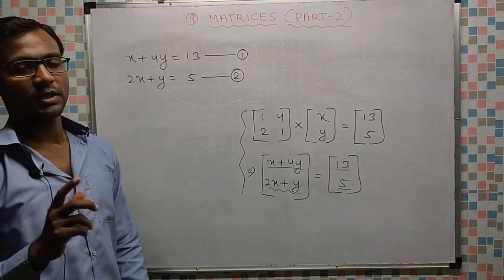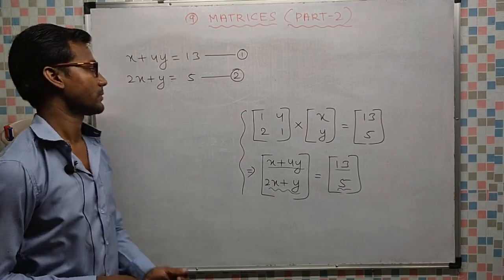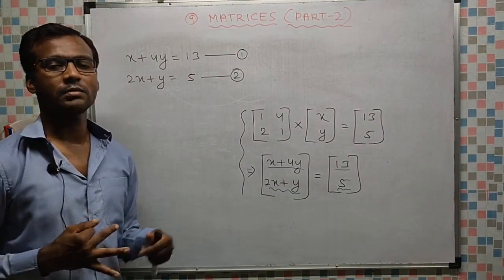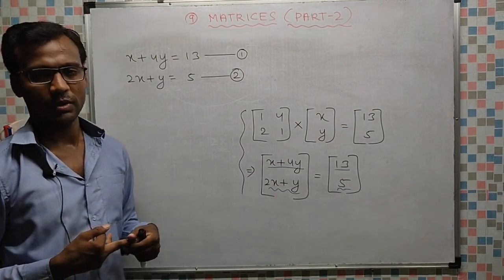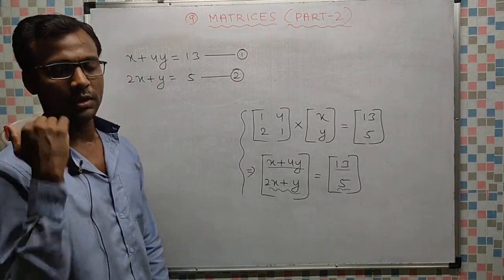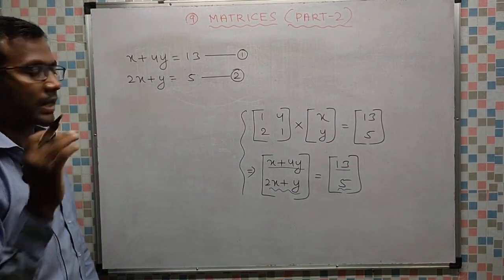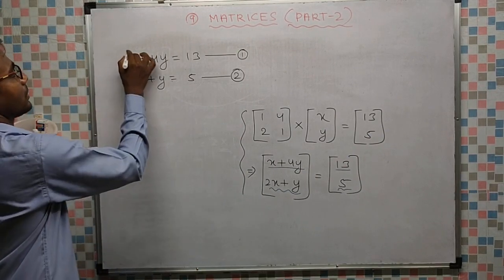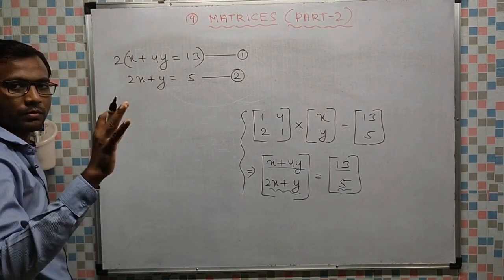Clearly you can see this is a simultaneous linear equation of class 9. There are three methods of solving: substitution method, elimination method, and cross multiplication method. You might have forgotten the cross multiplication method, so don't use it. Let us not use substitution method also, let us use elimination method. So we have to equate coefficients, either of x or y. Suppose I am choosing x first. Here is 2, here is 1. Let us multiply this by 2, so that the coefficients will become same.